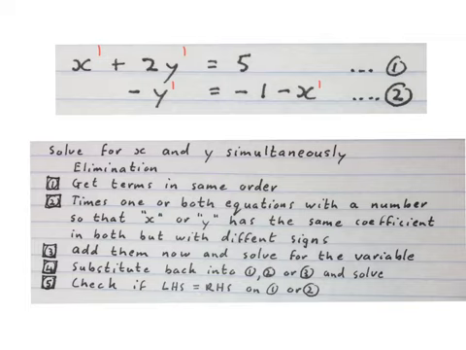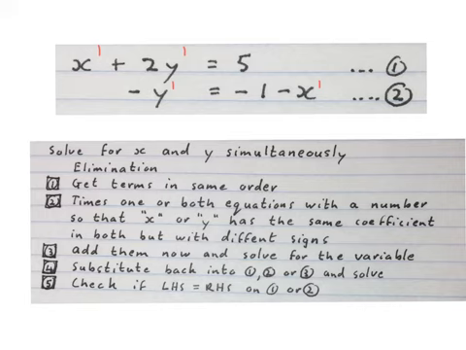Then this technique will work. The question will say, solve for x and y simultaneously. Then we will use these 5 steps. You'll understand after we've done 3 examples with you, but firstly, we'll get the terms in the same order compared